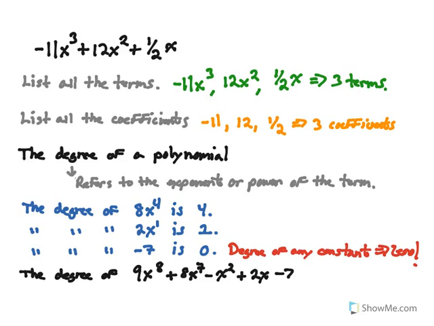So the degree of this polynomial would in fact be 8, because we look at the highest exponent, 8's going to win. So we can say the degree is 8,